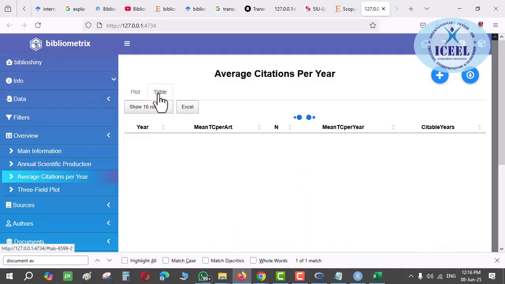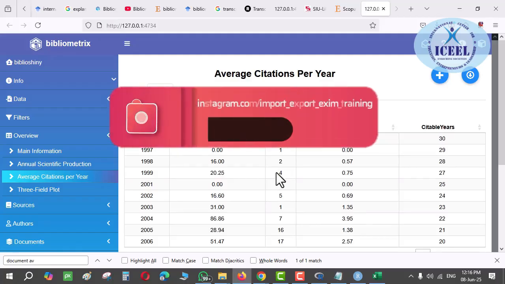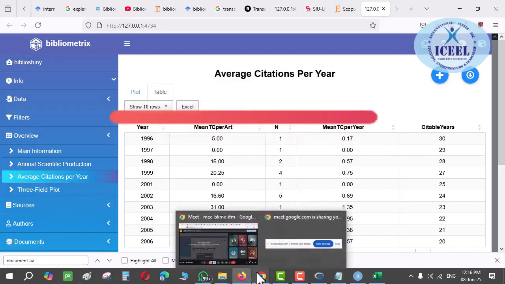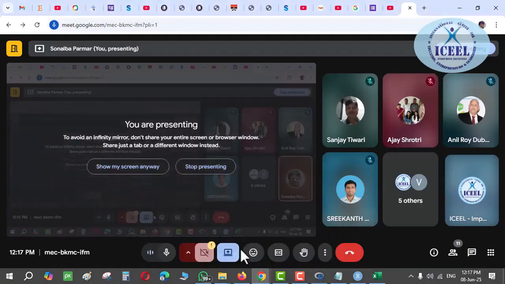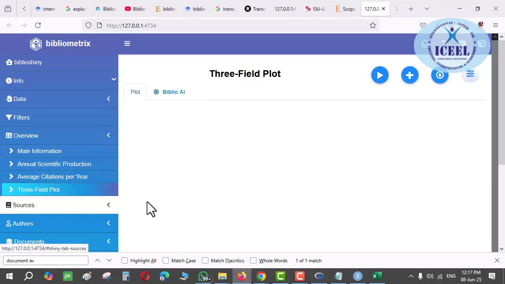If you want to get it into the tabular format, you can have it like this also. So if the graph is decreasing, you should not be going for that particular research. हाँ, अभी तो हमारे लिए क्या है, कोई भी जो मिलता है ना, क्योंकि हमें तो 2 पेपर करना है ना भाई. So but after some years, when you are a seasoned researcher guys, it is good for you to go for the analysis part first of all, that whether it is increasing trend or whether it is decreasing trend, right? So average citations per year, then is a 3-fold graph.